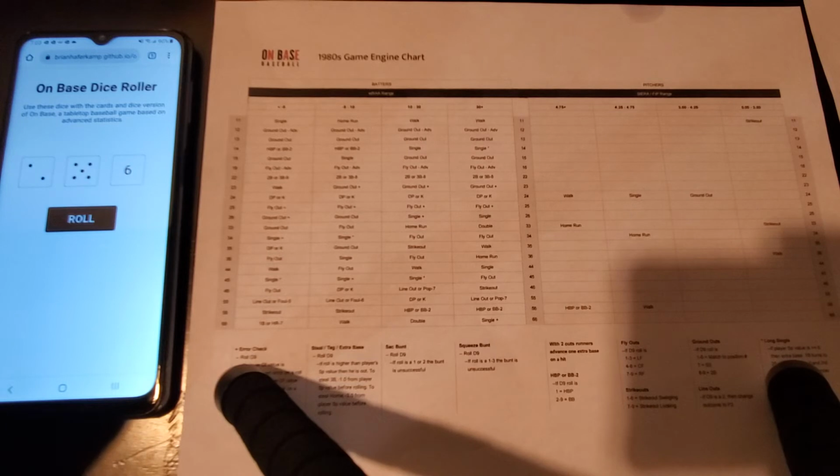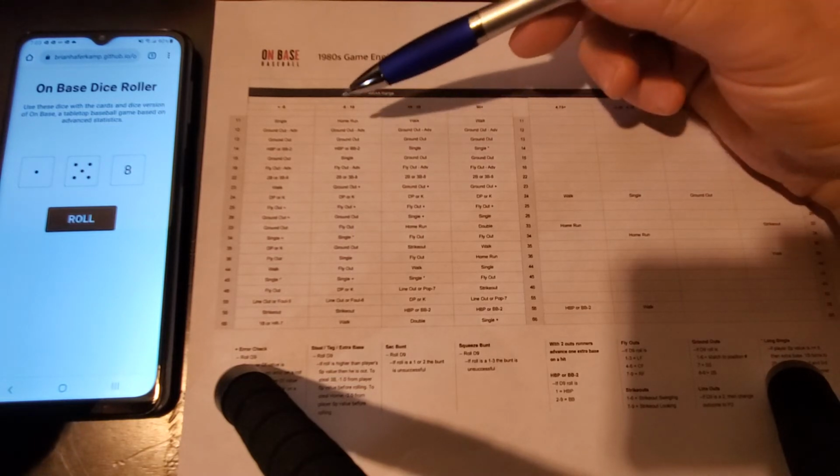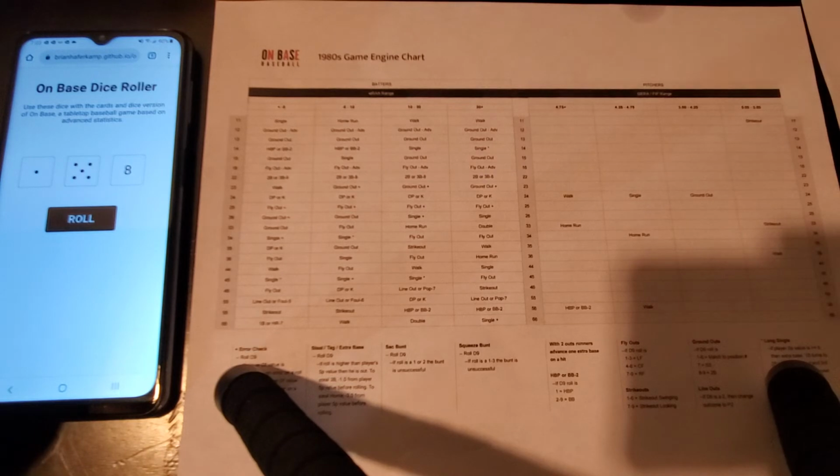We left Anderson in the game. He's only at 5 batters out of 13 that he can face, so he may even be able to complete this game. So 1-3. 1-3 to Tim Wallach. Wallach is a -4, so that's going to be a ground out to the second baseman. That'll be the 1st out of the inning.